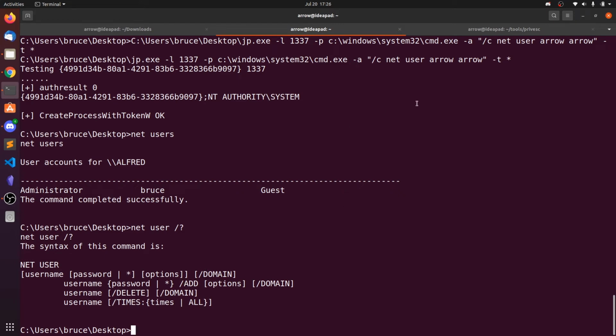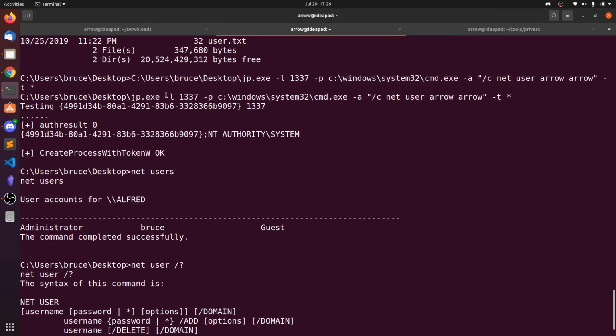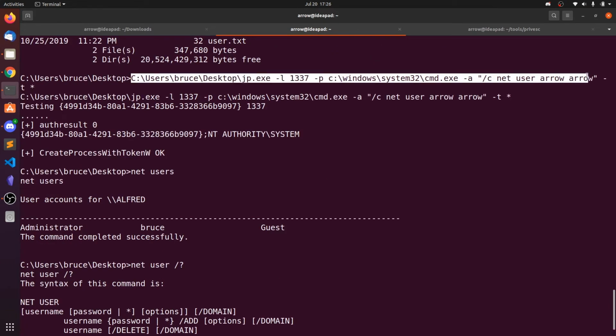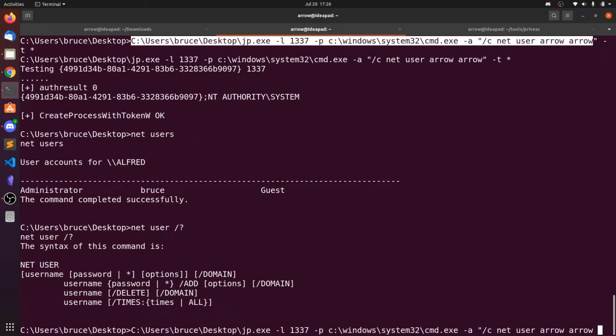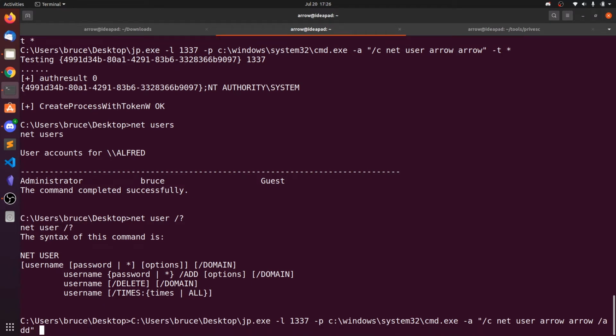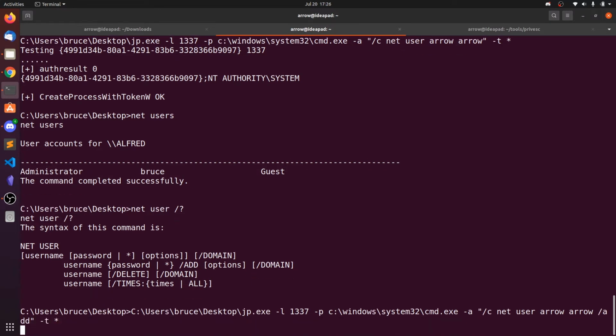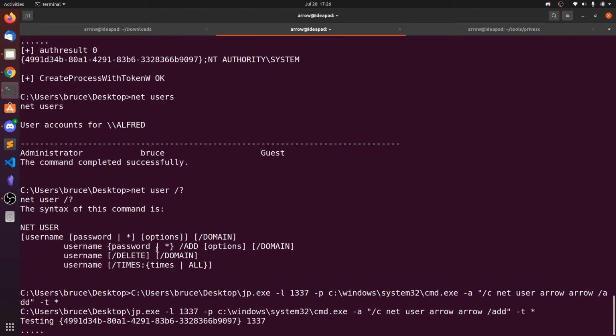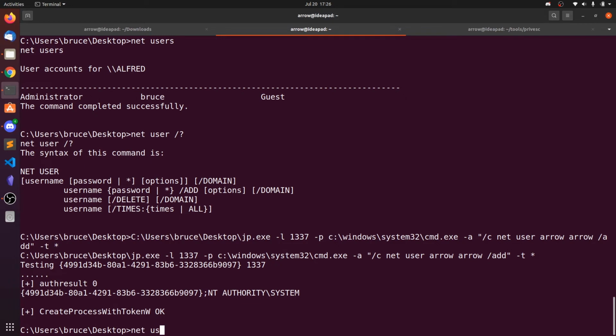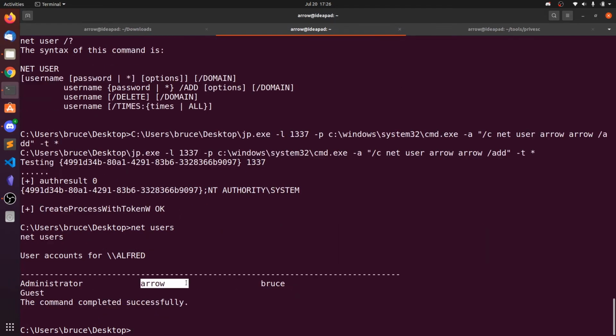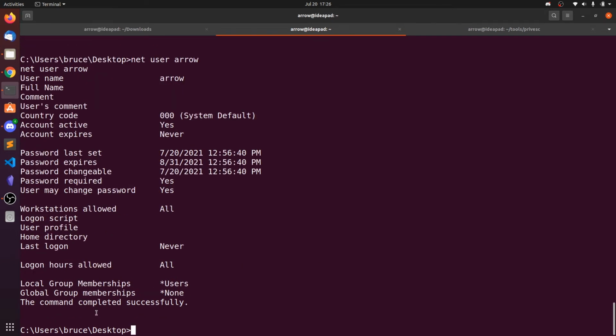Oh, I think we need to put the add option there. Sorry for that. Let's see now, and you can see the arrow user has been added, but that user is not in the administrators group. You can verify with net user arrow, and you can see local group memberships, only users.